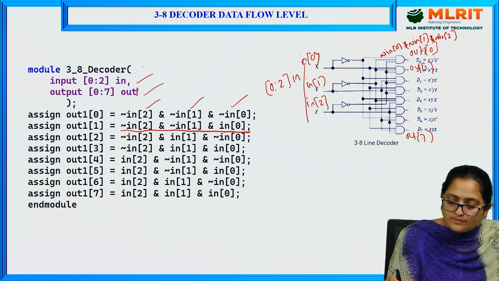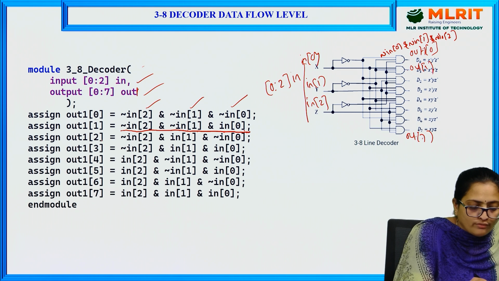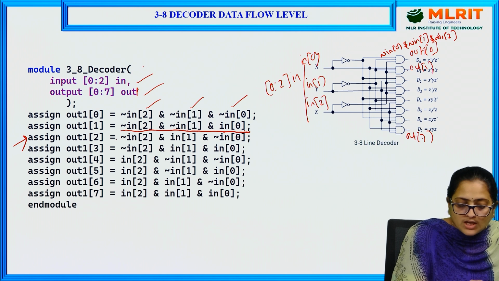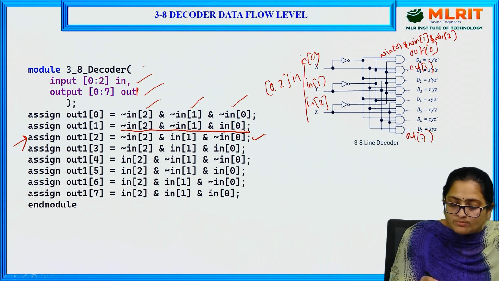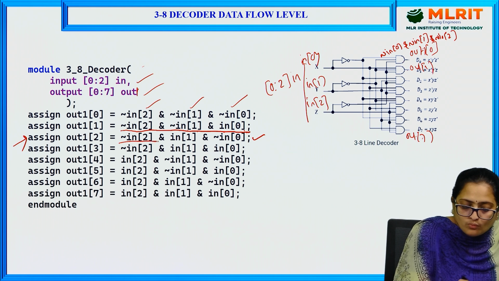For the second AND gate, the output value is OUT of 2. Assign is a keyword which is used here. Assign OUT of 2, which has to perform an AND operation between the complement of IN2, the complement of IN1 and the complement